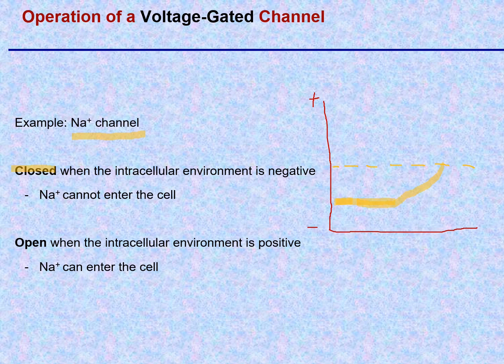Let's put 0 up here. That's a 0 charge, and anything above it is positive and anything below it is negative. So if the internal charge for this cell is stably negative, then nothing's happening. But if it starts to come up and hits that threshold level, then what you get is